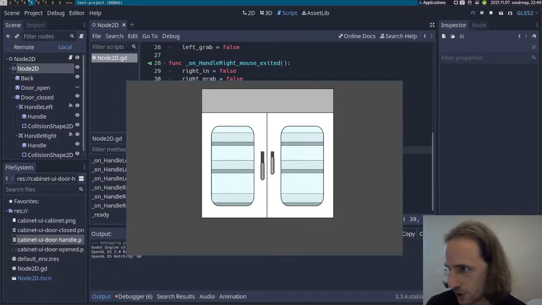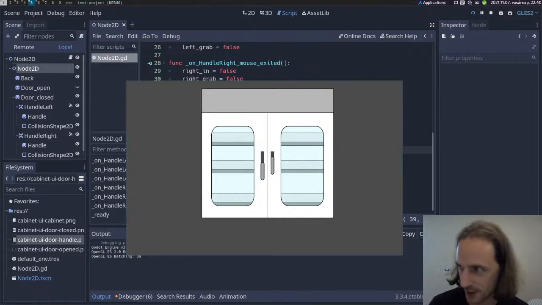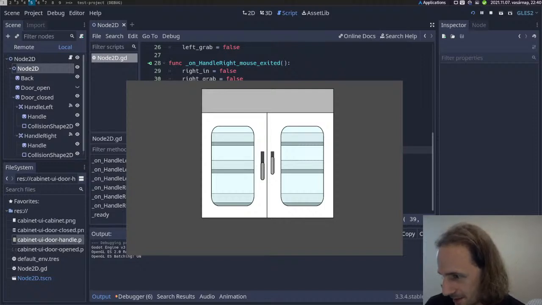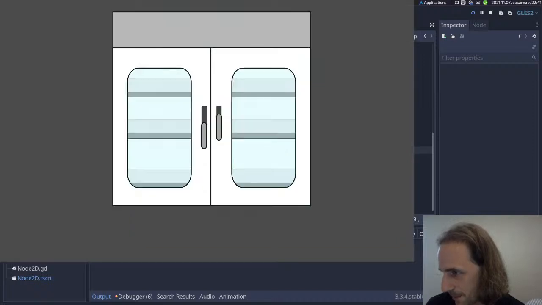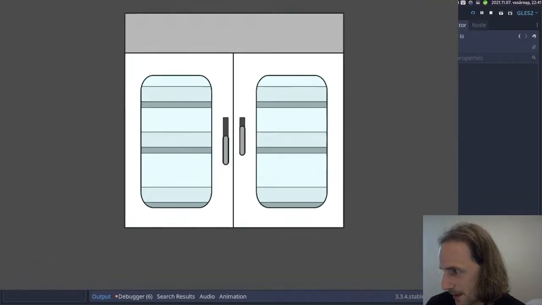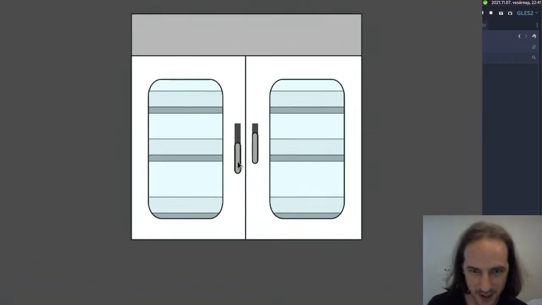So maybe I should just do some magic in OBS here and add, or at least get a window capture. What is this window going to be called? Yeah, okay, if I just add this one. If I add this magic in